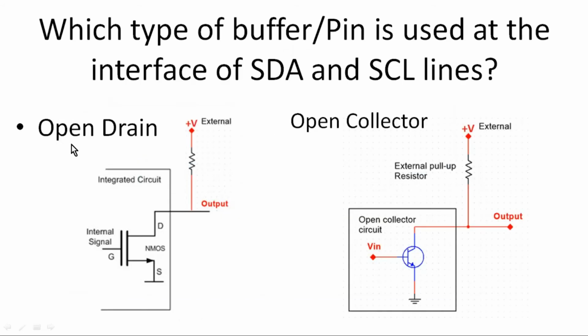Friends, we discussed open drain configuration in detail, and similar is the behavior of this open collector configuration. The only difference is that instead of NMOS we have connected other types of transistors. But for the time being we are not going to discuss any example on open collector right now, and I left it to the viewers. In case any one of you needs help, please write down in the comment section and we can discuss.